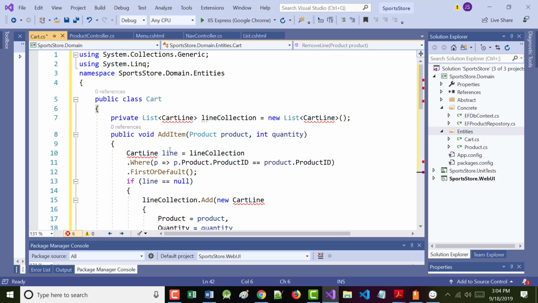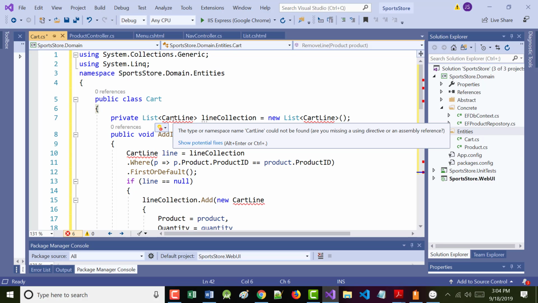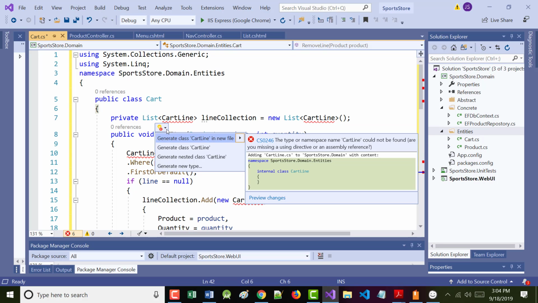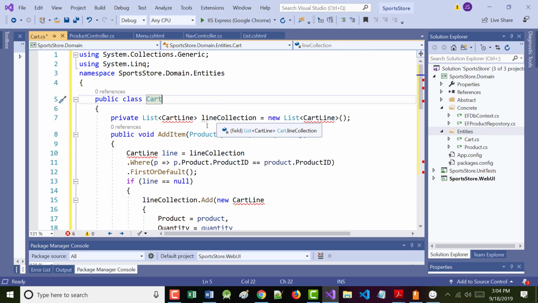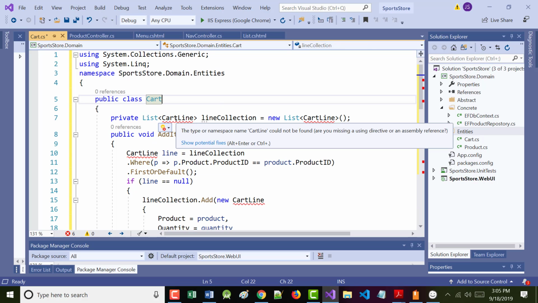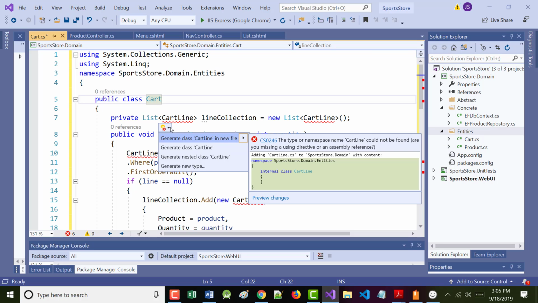Now I'm looking and it's got some errors here on cart line. What's that from? I don't know. Either it's something we haven't done yet, which it very well could be. Hopefully it's something that'll get fixed, so to speak, in a couple minutes. But it's kind of neat. Please look up on the screen here. In the past, when we've had errors like this, and I click this, it's almost always been we didn't have a using statement.